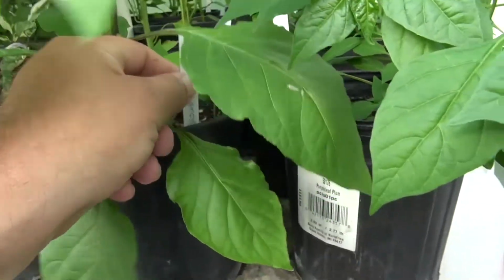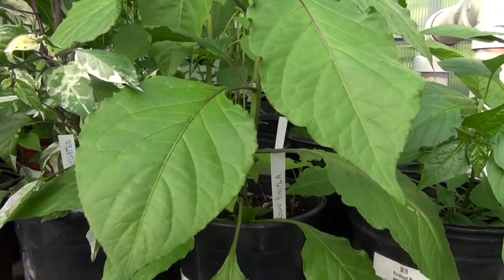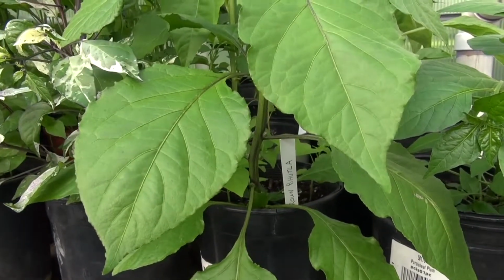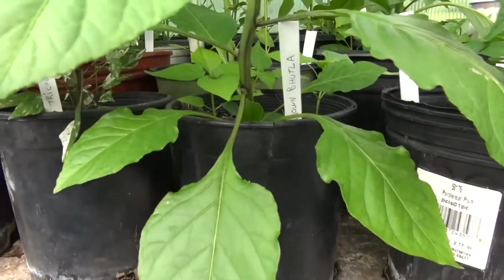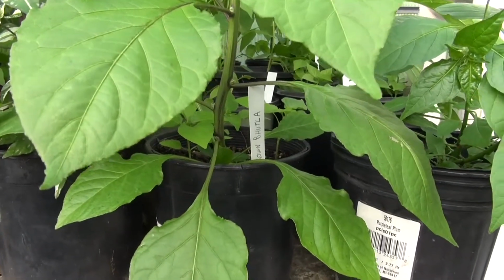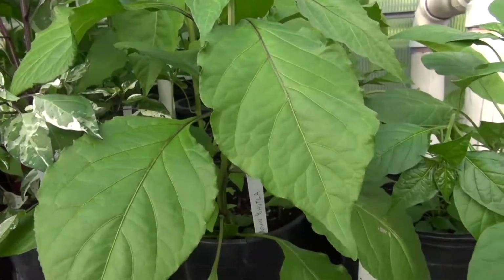Alright. What do we got? The Brown Bhutlah. Okay. Now, what I do know about this plant, from what I'm being told and what I've read online, is that this is possibly the hottest pepper by far, even hotter than the Carolina Reaper. I was told that by some other pepper heads or chili heads, and they know their peppers really well. They told me this is possibly just as hot, if not hotter, than the Carolina Reaper. But we're going to review